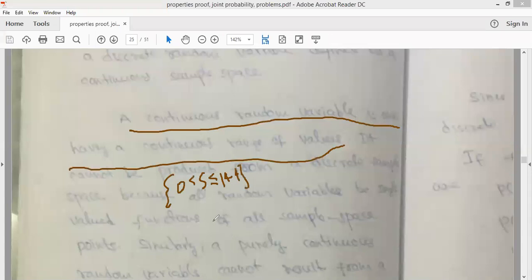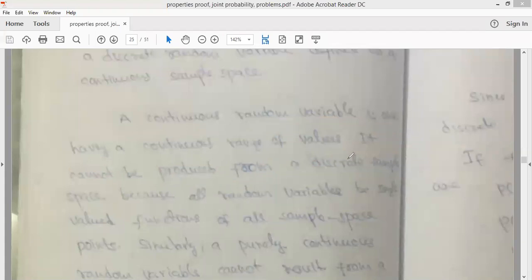This does not depend on the function, it depends on the values of x after converting your sample space into real numbers. That is done by the random variable. So from these values of x we can find out whether it is a continuous or a discrete random variable. You can have the same function, but you have to check the range. If the range is continuous, it is called a continuous random variable. If the range is discrete, it is called a discrete random variable.